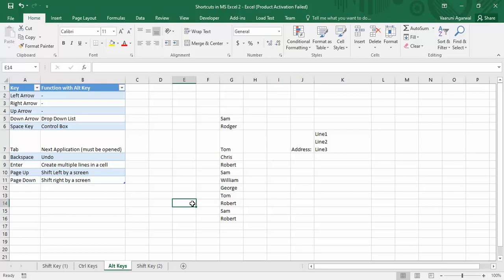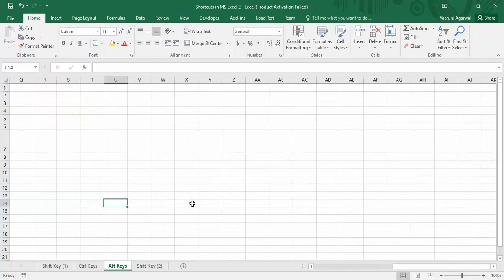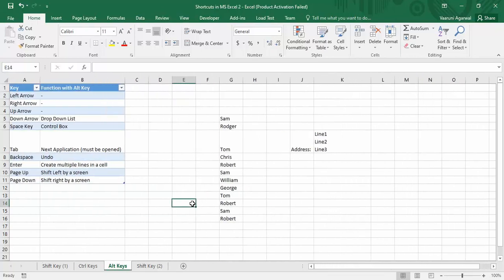So this is not related to that, this is different. If you just press the Alt key and you get these options, and now if you try to press Page Down or Page Up, then this feature does not work, because you got to press Alt Page Down simultaneously or Alt Page Up simultaneously as in the normal shortcuts.